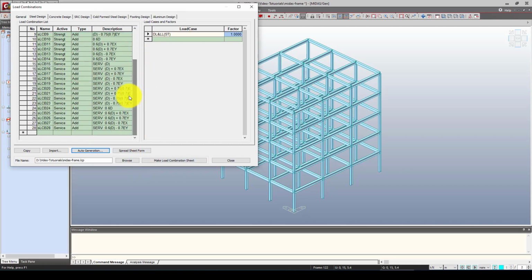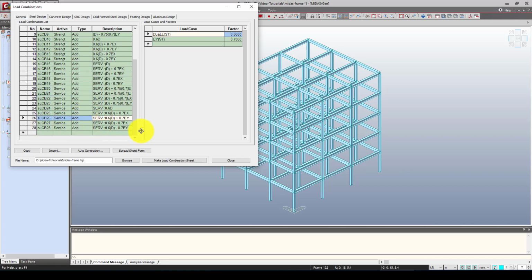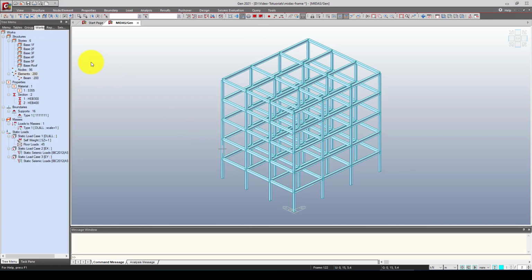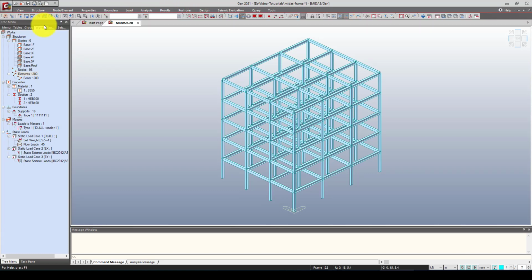Now we created, let's see, this one is 0.1 and it's minus 50%, so we have another one. All these combinations are given by the code. Now in the results we can see some